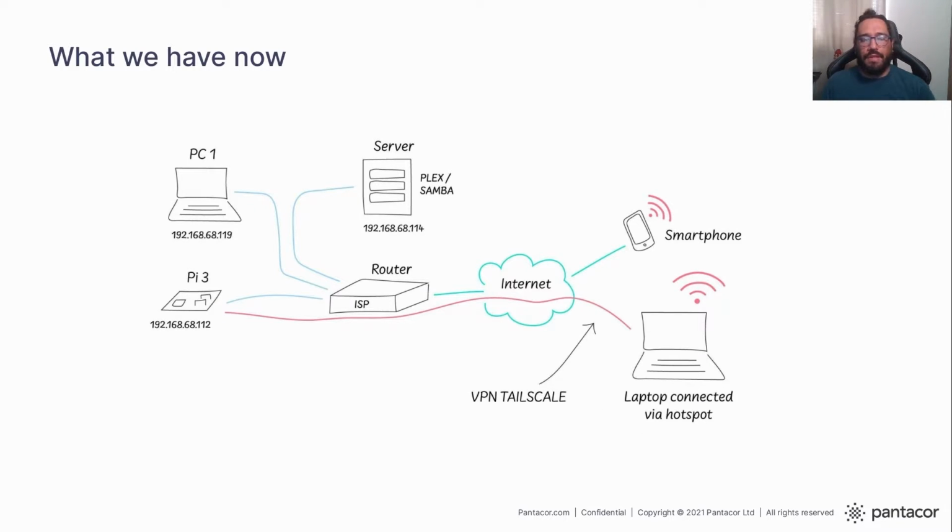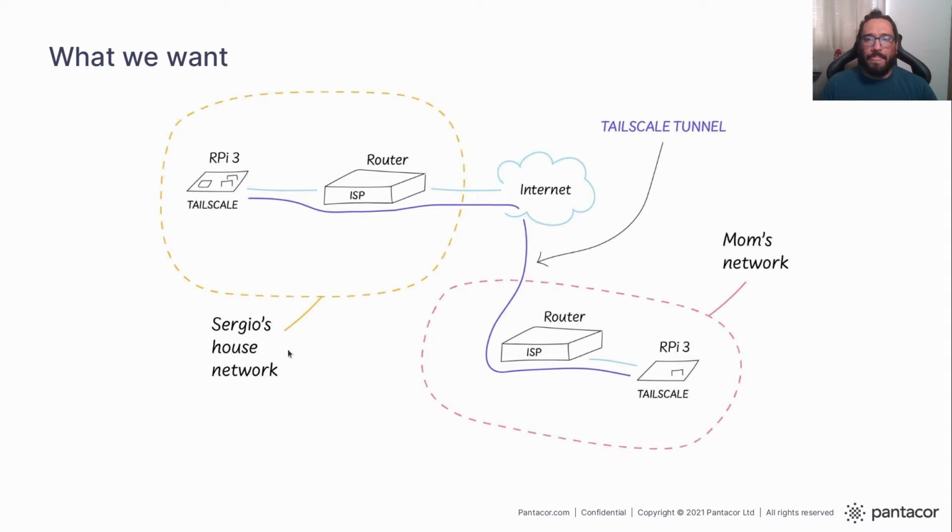Now, the idea is to be able to reproduce this device to connect several networks. For now, we are going to start with two of them. And the idea is to have my home network with the Tailscale gateway. And here there are more devices. And have a second network, in this case, my mom's network,